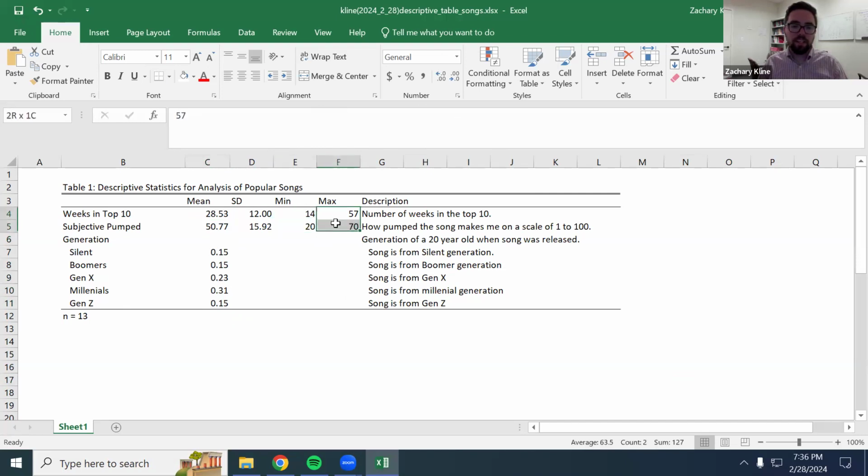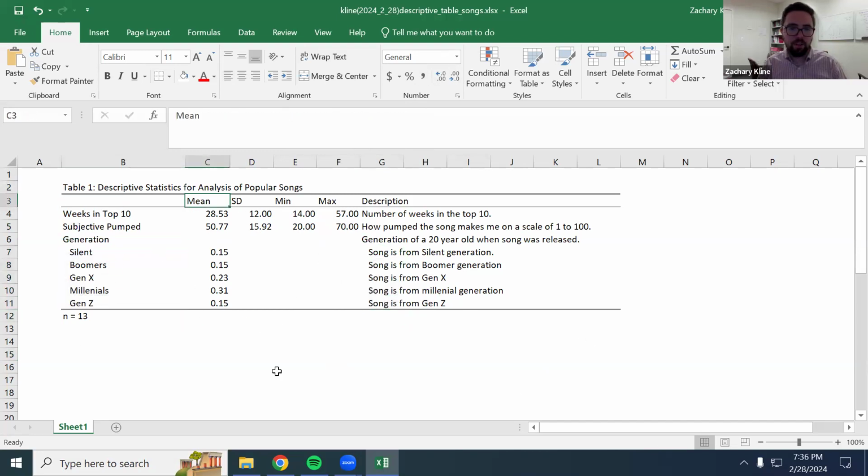In this situation, I didn't have any decimal places for the min and max because none of these variables had decimal places. But if they did, we'd want to make sure we were rounding consistently. In fact, it's probably just good practice generally to round everything to the 100th place. Double check the indentations,